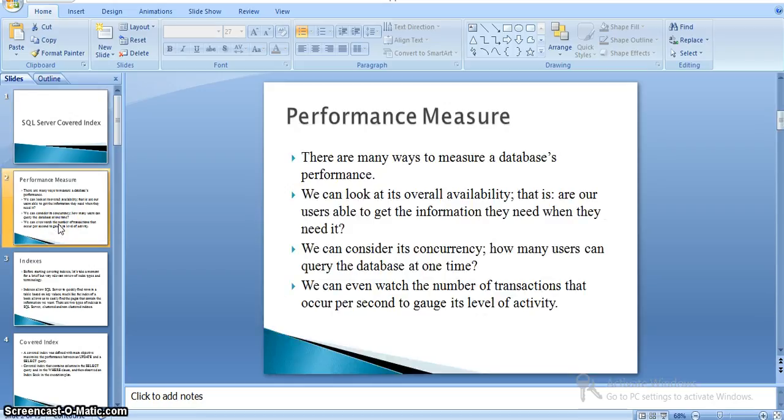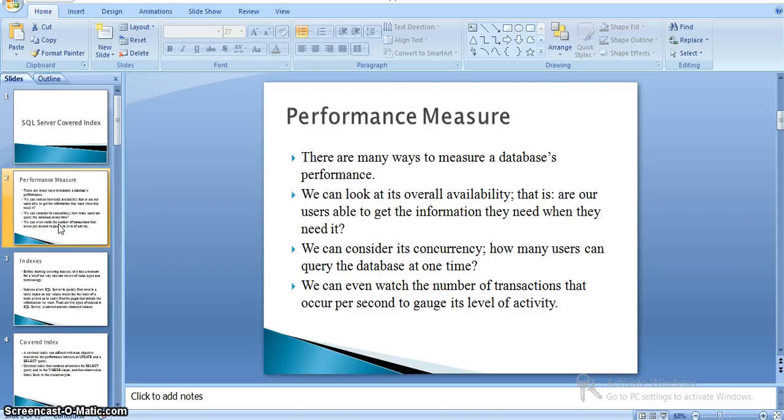Coming to that, measuring the performance. In general there are many ways to measure the database performance. We can measure its overall availability, whether the users are able to get the information that they need on time, and the other factor, concurrency: how many users can query the database at one time?